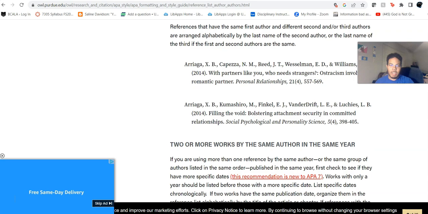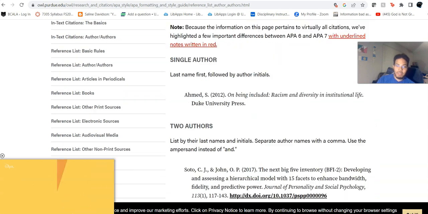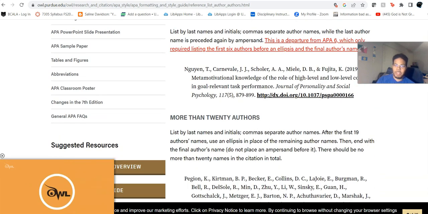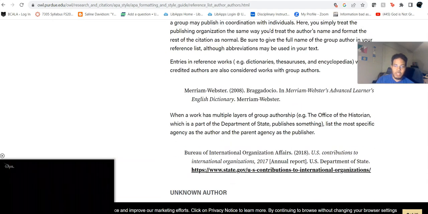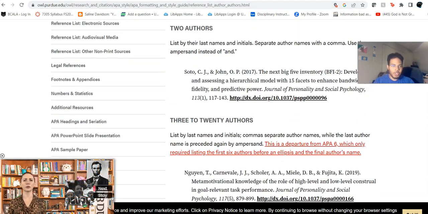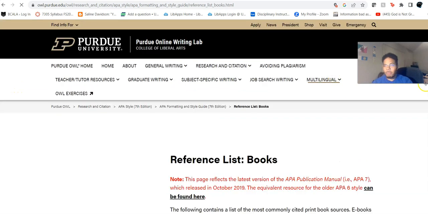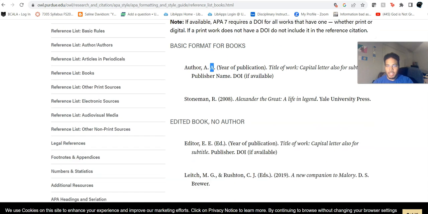I have somebody make this mistake every single semester that I teach this class. If they have the given names, they just go in and write the given names, even though APA explicitly tells you not to do that. So please, as you are putting together your reference list, and I'm going to go ahead and jump into the books now, please, please, please do this as the format. Author last name, comma, space, author first initial, period, space, author middle initial, period. And that is how you do it.